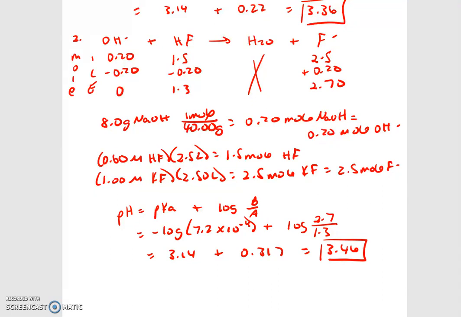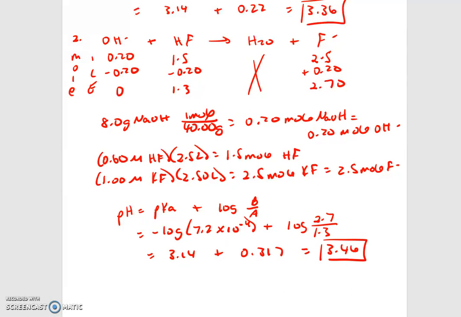It's going to react with the acid in my buffer solution, which is the hydrofluoric acid. The hydrofluoric acid is going to donate a hydrogen ion to the hydroxide, so I'm going to produce water and fluoride ions. Notice that I have the arrow only going in one direction because strong acids and strong bases react to completion. Okay, so from there, I'm going to make a mole ice chart, and I'm going to react all